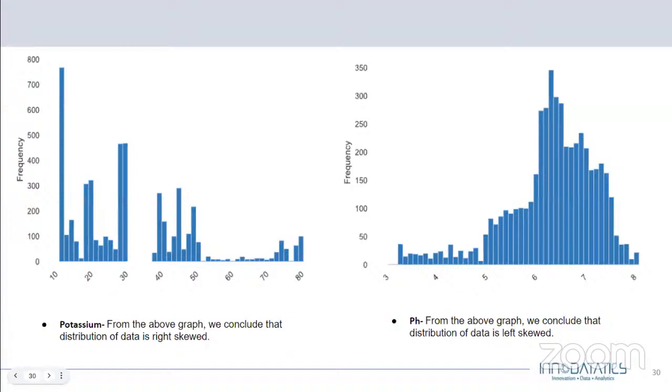The left side bar graph represents the potassium value of soil. We can infer that data is not normally distributed and some outliers are present. The right side bar graph represents the pH value of soil. We can infer that some outliers are present on the left side and data is not normally distributed.